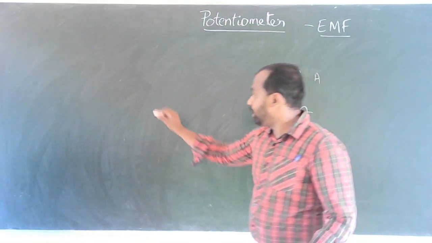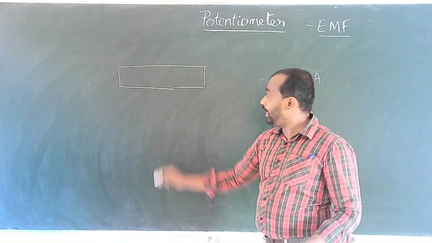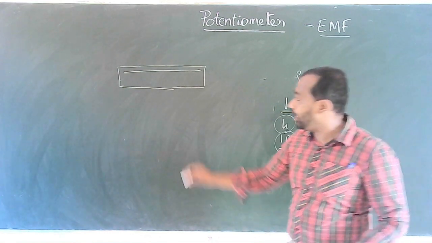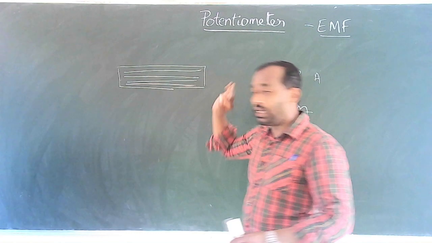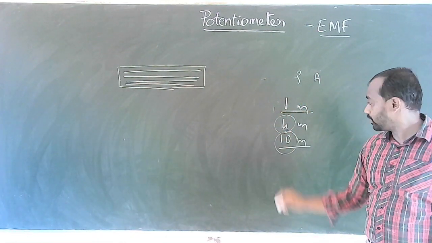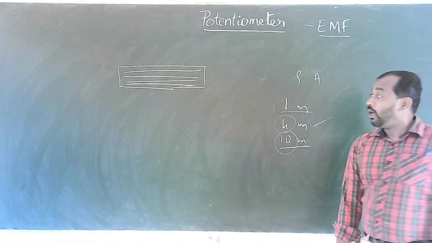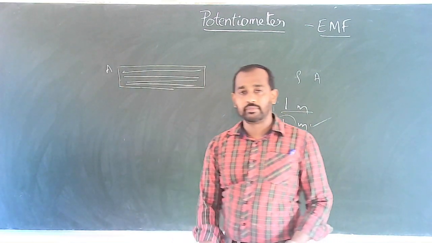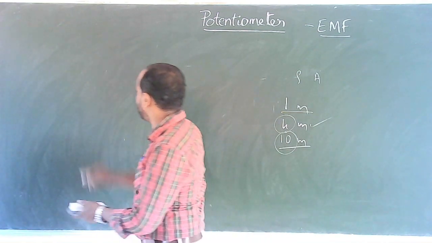If we assume that this is a wooden board, then these pieces of uniform wire, each of length 1 meter, will be placed like this. Here I have considered only 4 wires, each of length 1 meter. So that means the total length of the wire will be equal to 4 meter. Let us assume this is the starting point represented as A. I hope you can see this, or I will draw the larger diagram here.